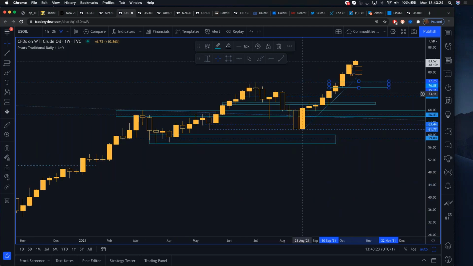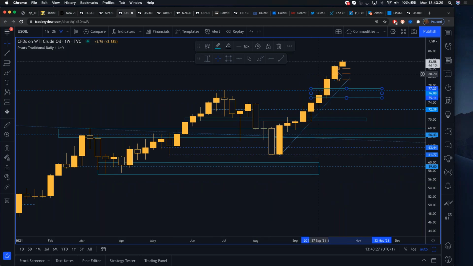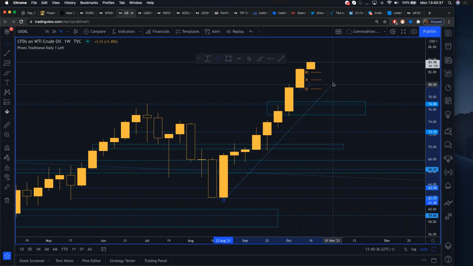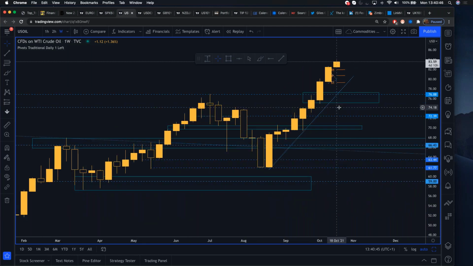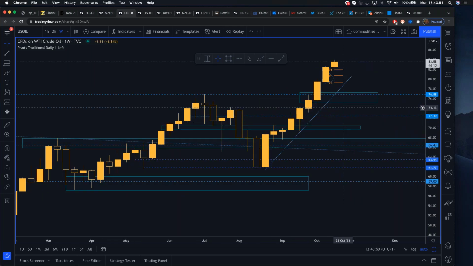All of this means oil remains a buy on dips. It's hard to get into oil because it's just pushing higher and higher and higher. So it's a buy on dips. The very aggressive entry would be here at the 80 region. The best entry would be any retraces back down to 77. You'd expect to find buyers at that region. So that's what we're potentially having a decent look at with oil.